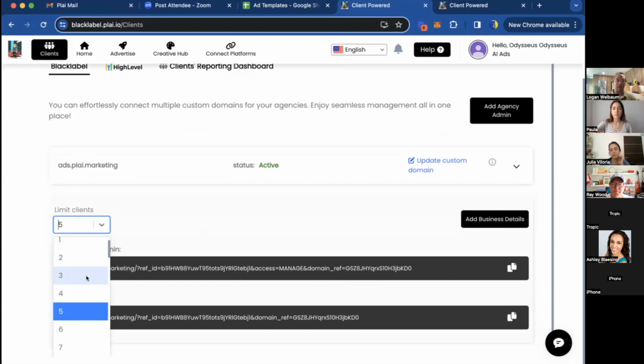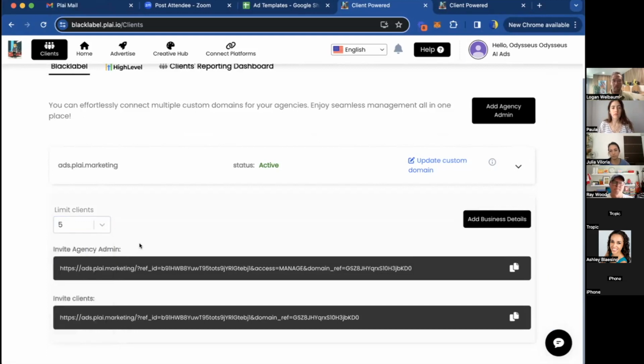What we're also working on is a better Stripe integration, so that just like how we do it in Play, if people cancel a subscription, they don't get access to the tool. We're going to be helping you out with the billing side of things a lot too. You'll just send them this agency admin link. They'll be in their own white label tool underneath you, and they can start inviting their own clients. They'll see this link on their side too, and once they do that, they can start adding their clients.